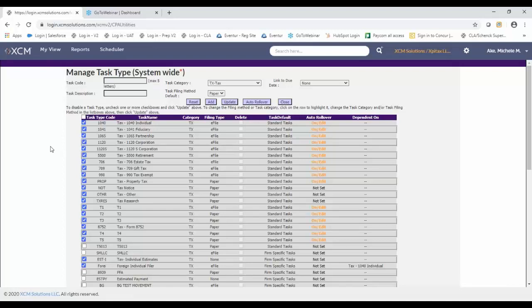But what we want to talk about here is task type. Unlike statuses, where you're moving tasks throughout the system, task types are types of work that you're doing for your clients, whether it's tax, financial, bookkeeping, CAS, whatever it is. Every firm is a little different. Every firm is in different areas and has different requirements and a different client base, and you want to be able to capture all the work you do, and you want to be doing it in XCM because that's the best way to track everything,